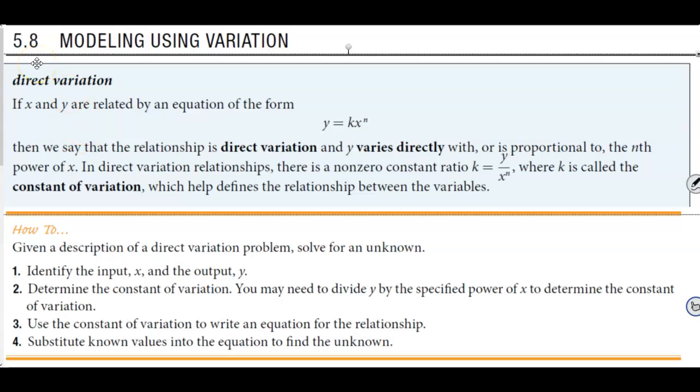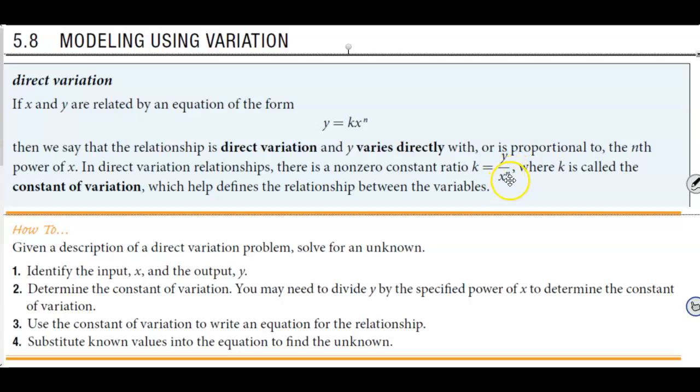In section 5.8, we'll be talking about modeling using variation. The definition of direct variation is the following. If x and y are related by an equation of the form y equals kx to the n power, then we say that the relationship is direct variation and that y varies directly with, or is proportional to, the nth power of x. In direct variation relationships, there is a non-zero constant ratio k, which is equal to y divided